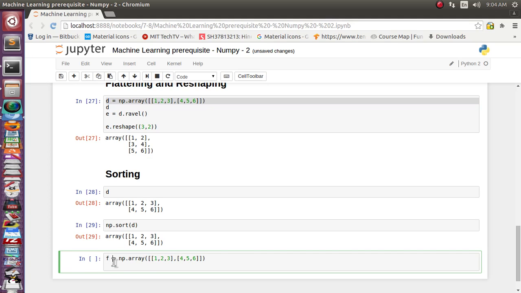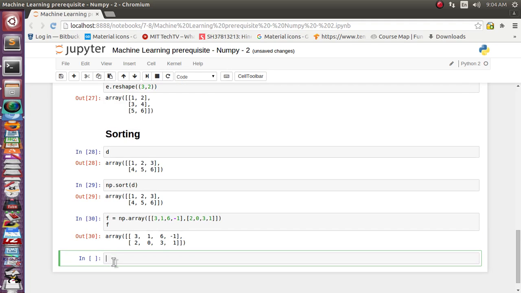Let's see, I'll put it like 1, 2, 0, 3. Okay, let's print it.